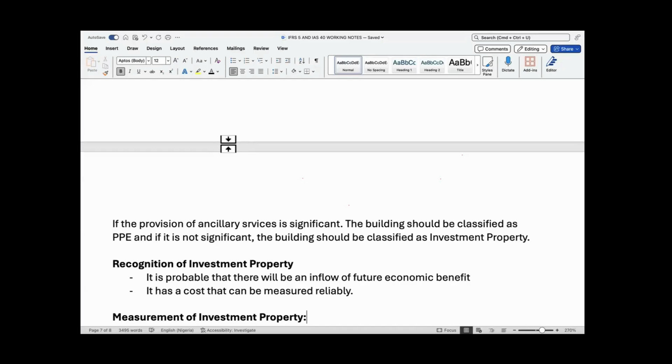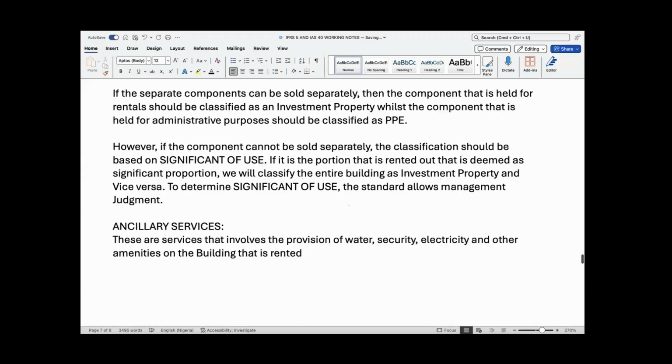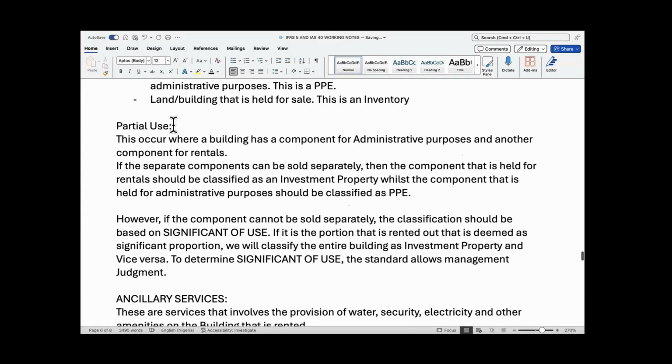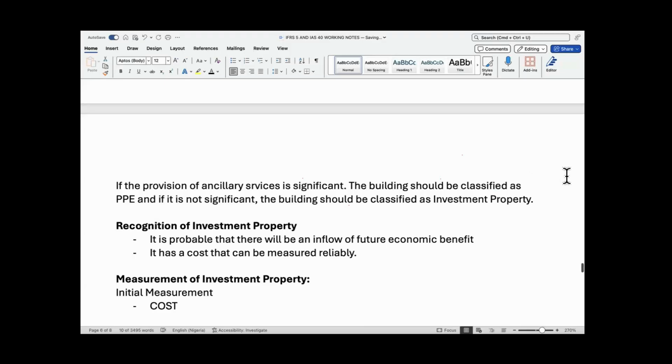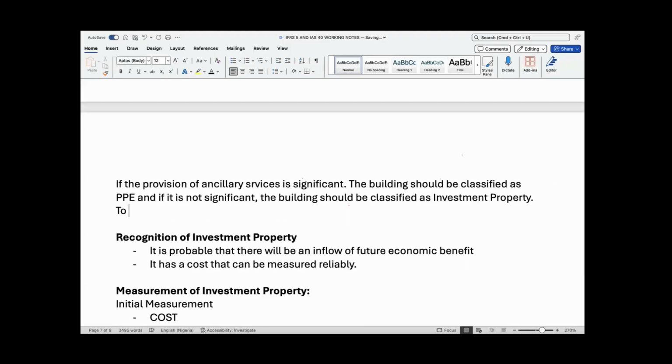So the standard will not define what is significant. That would become rule-based. This is principle-based, so you use your judgment. So the standard allows, let me help you note it down. Just like here, with this partial use, we talked about significance of use. We said that to determine significance of use, the standard allows management judgment, okay? So again, to determine